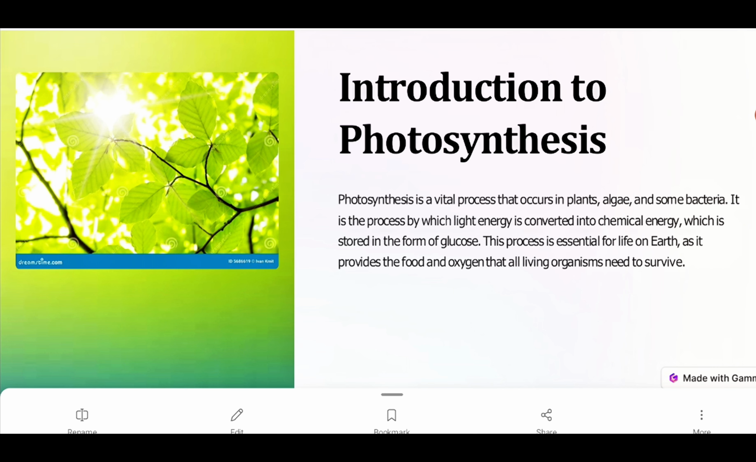So in this video we are going to study a very important topic, which is photosynthesis. I'm sure that you must have studied this topic in your previous classes. As you all know, all living organisms need food. Animals also obtain food from the plants, but plants prepare it for themselves. How? By the process of